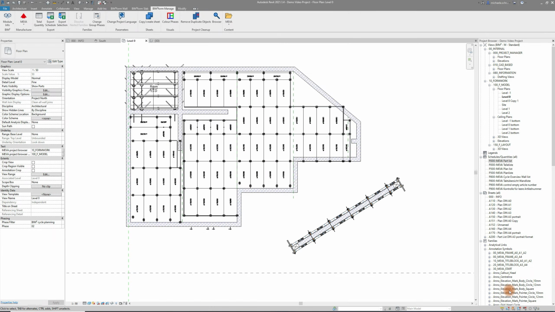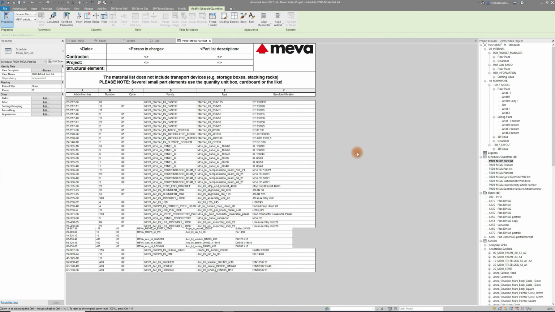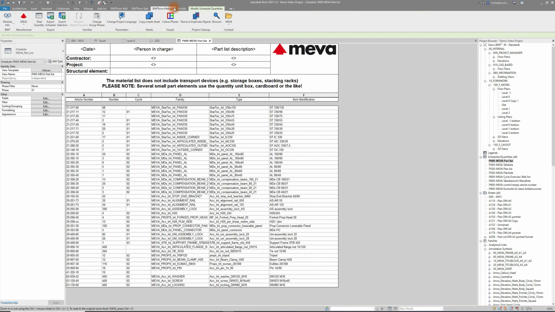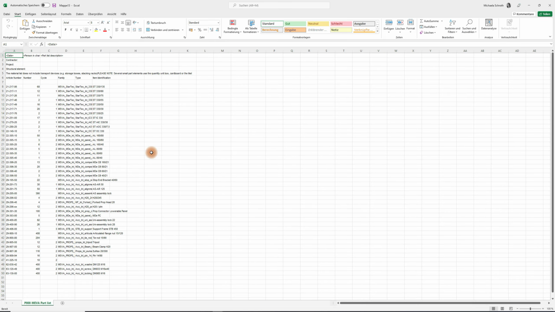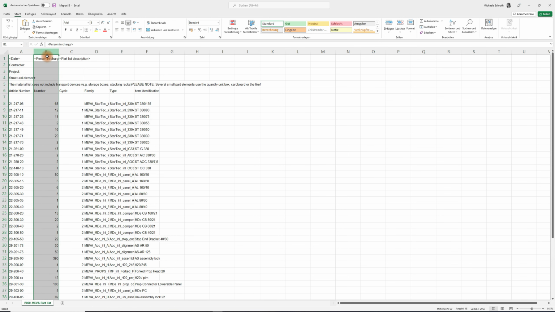To get a better overview about which cycle the parts are used in, we could use the second export option, which is exporting the schedule. Therefore, we have to switch to a part list in the project browser and can then export this into an Excel sheet. This one includes information from the plan head at the top, and then again lists item number and quantities, but in contrast to the one before, there is one column that shows the cycle, so there is no grouping of the same articles.